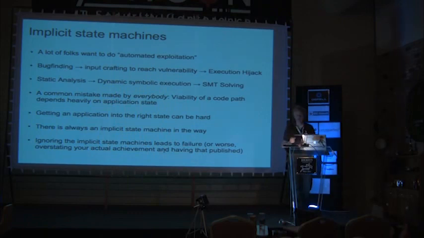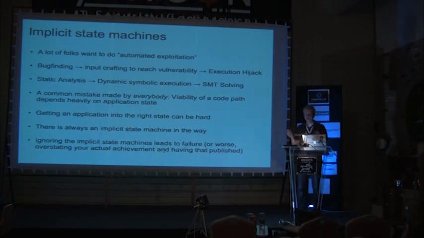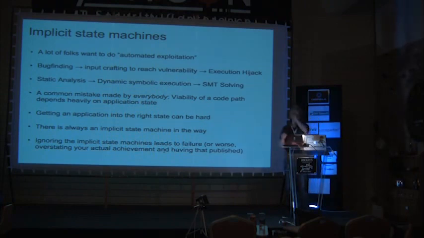But a very, very common mistake that is made by everybody and that is not mentioned in the papers that are published thereafter is that the viability of a particular program path is very dependent on the application state. So if you do patch reversing and you try to write an exploit from a patch, you get a bug in a program somewhere, so you know there's the vulnerability, and then you try to get a path. And then you try to build input for that path. And then halfway through the path you realize, oh crap, in order for this path to be legitimate, this global variable here has to be 23. But it's not 23 now, so I have to somehow get the program into state 23 first.